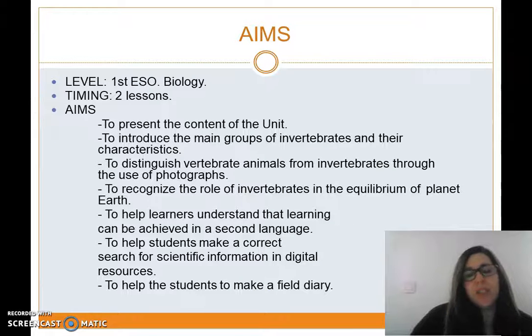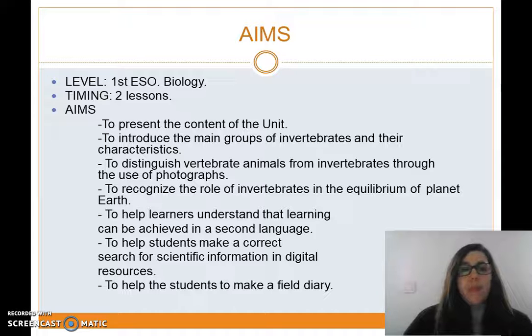This teaching unit is designed for the first course of ESO and in 2 sessions. The aims of this unit are what we can see written in the presentation. To present the content of the unit, to introduce the main groups of invertebrates and their characteristics, to distinguish vertebrate animals from invertebrates through the use of photographs or also pictures, to recognize the role of invertebrates in the equilibrium